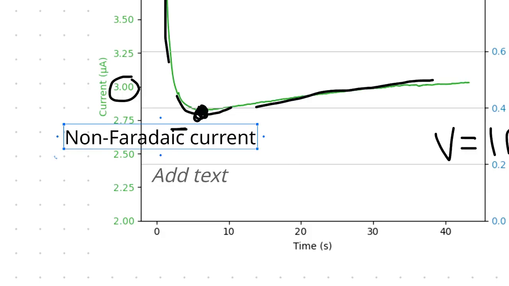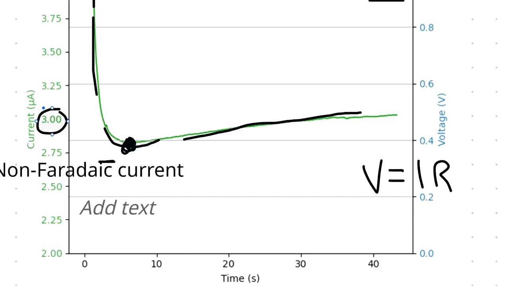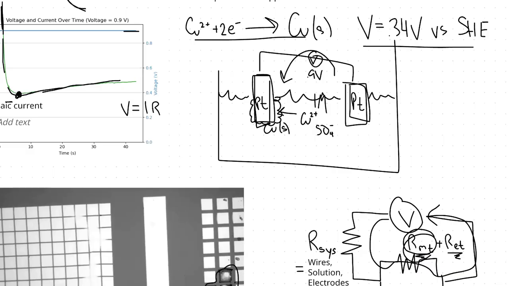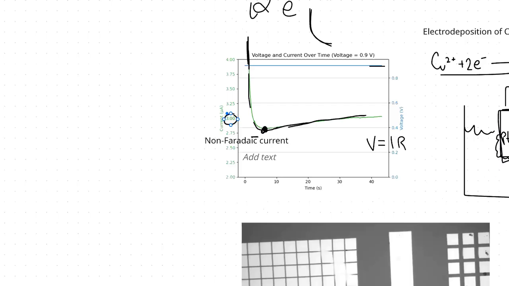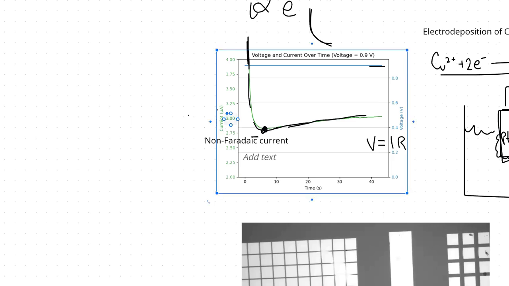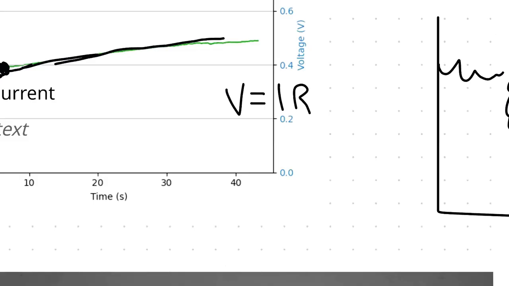Now, the other thing that's kind of difficult to explain is why does it increase? Shouldn't it just stay at that resistance? Is the resistance of the system, the mass transfer, the electron transfer changing? And the answer is that yes, it actually is changing. What's happening is that